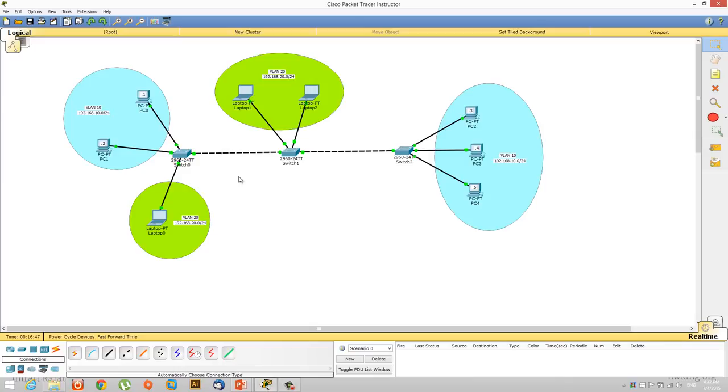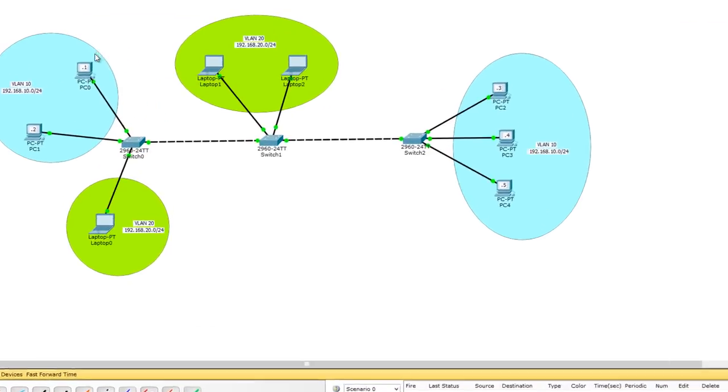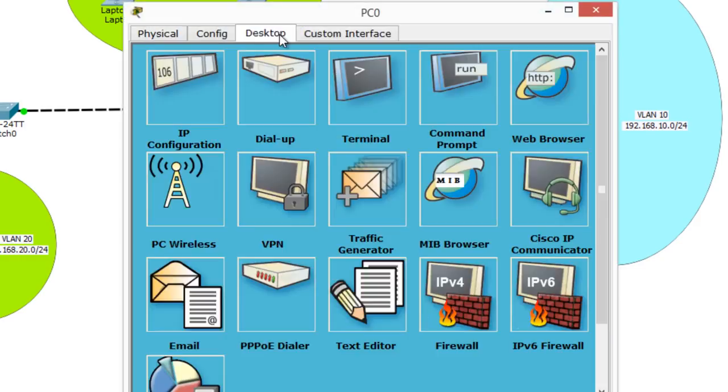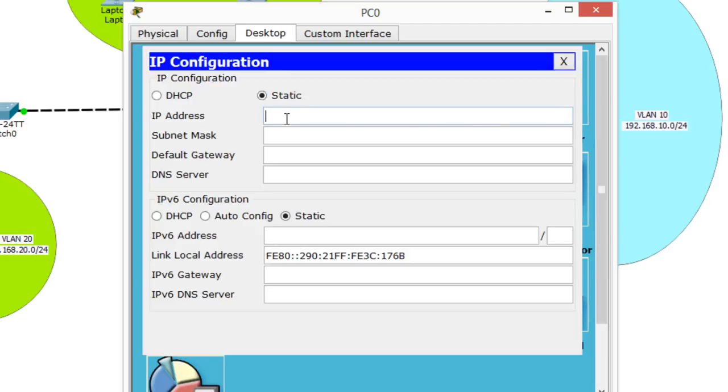I have not configured anything, I've just drawn this topology. So let's see how we can configure. I'll start with PC0, so I click on PC0 and put the IP address, which is 192.168.10.1, and I put a subnet mask which is automatically populated,